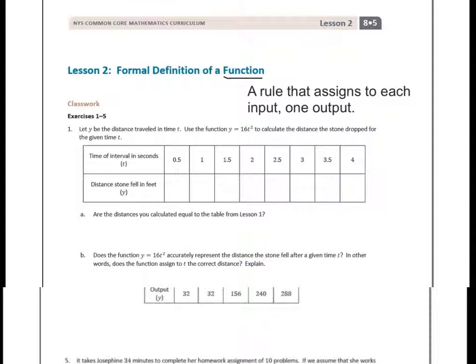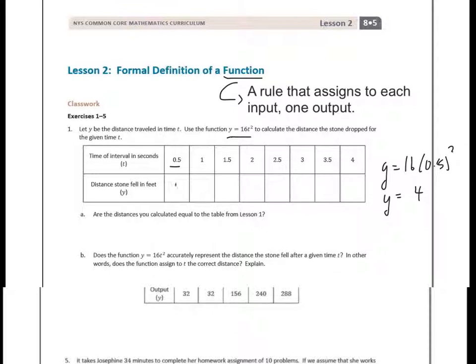In the most general sense, a function is a rule that assigns to each input value one output. If we look at this question here, the function rule says that y equals 16t squared. So we can fill in the chart. For 0.5, you can say y equals 16 multiplied by 0.5 squared, and that would tell you the value of y. So y then equals